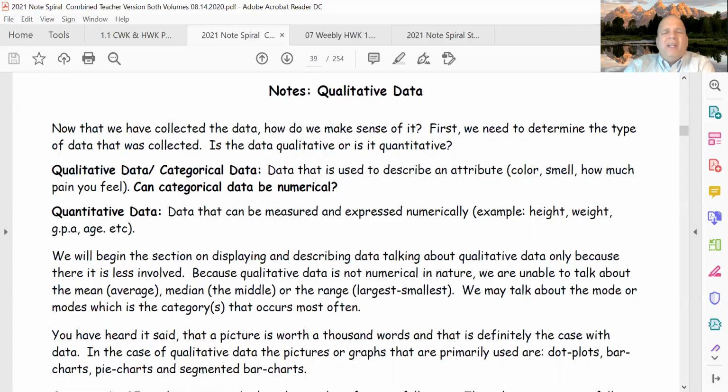As a result, we cannot describe categorical data in terms of shape, because order doesn't matter. Who's to say that blue comes before brown, which comes before pink? Who knows what the order should be on that? All right. Now, I said that qualitative or categorical data is not numerical, but the fact of the matter is